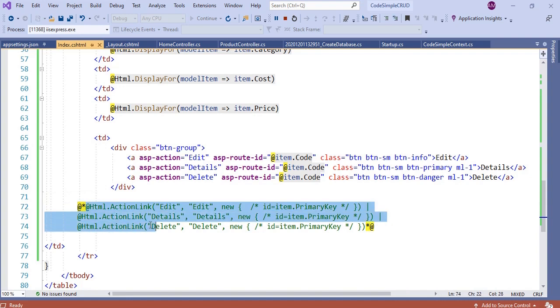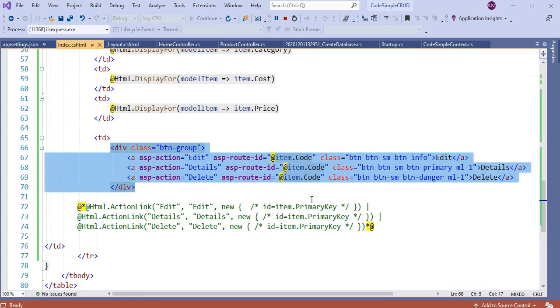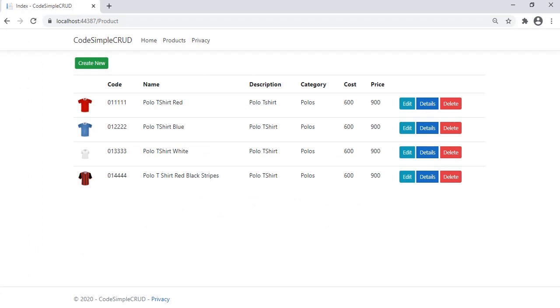I have commented the HTML links which were created by the scaffolding task. Instead, I added a div tag with the btn-group bootstrap class. Inside this div, I have added the links using the ASP.NET tag helpers and decorated the links with the bootstrap classes. Wow, the page looks very professional and good now.